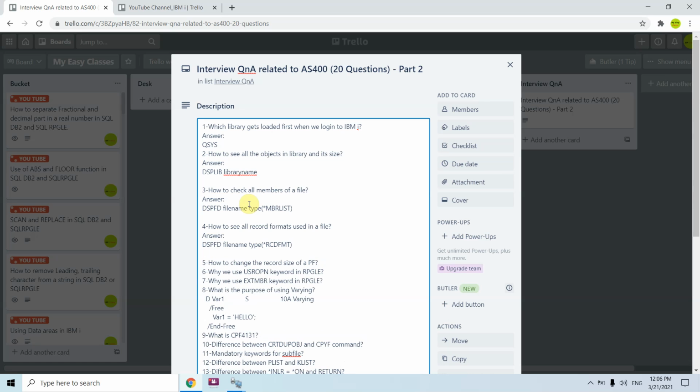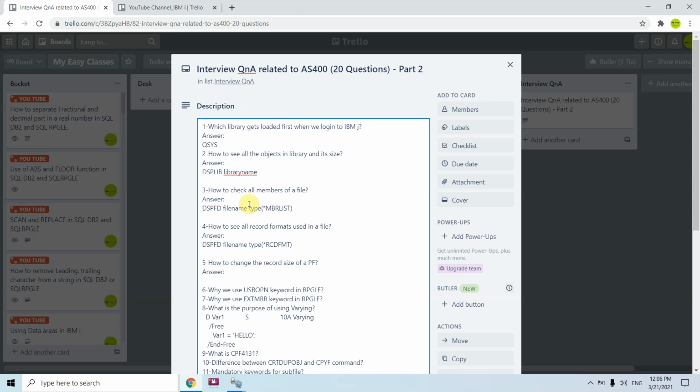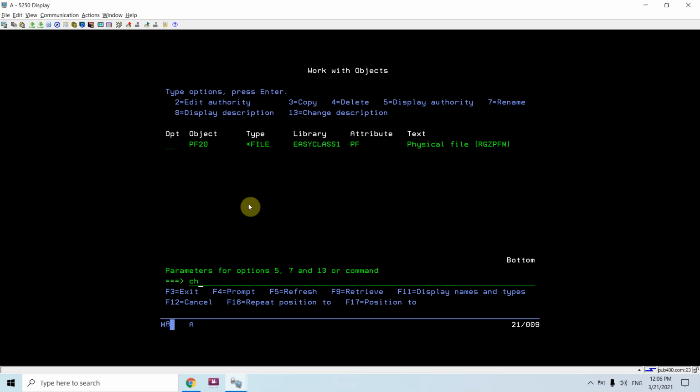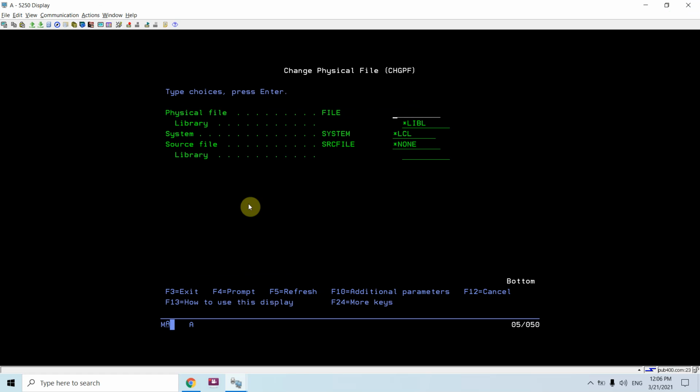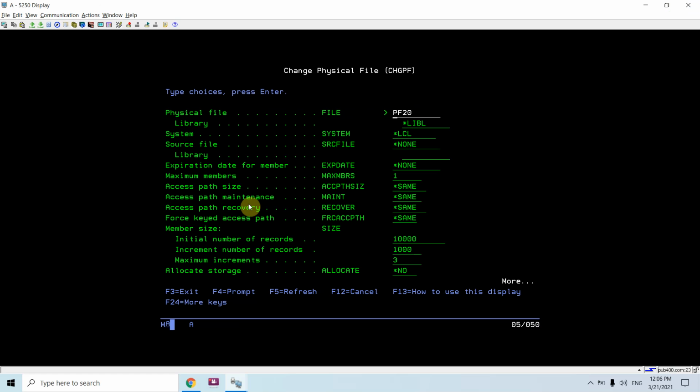How to change the record size of a PF? I can change a PF using the command CHGPF. Just take option PF20 F10. Here you can see this is the SIZE parameter of the command, where I can provide the initial number of records, increment number of records, and maximum increments.